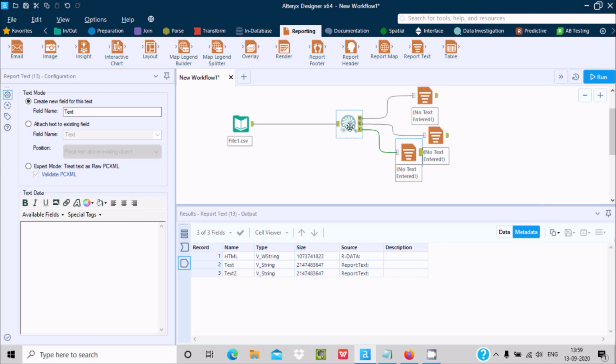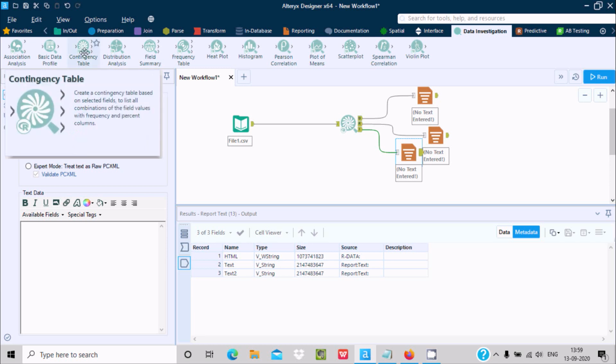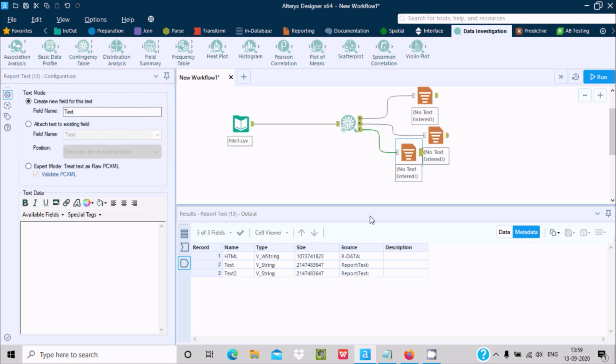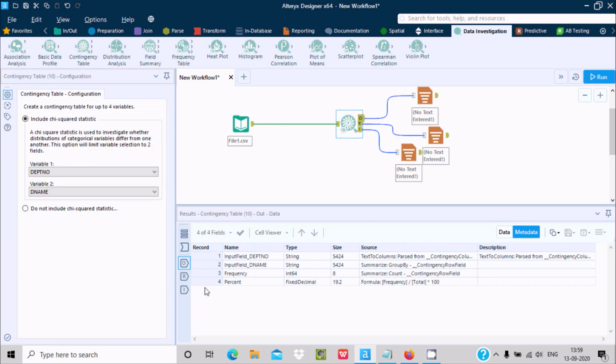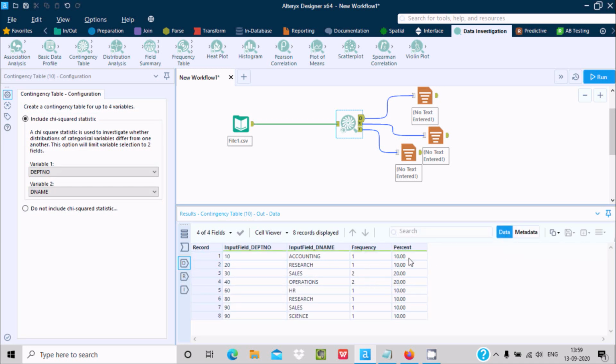So the main purpose of using contingency tables is that, according to the values, it displays frequency and percentage. If I click this, you can see this is the data, and this is the frequency and percentage according to the field. Now after this you can change the variable name.